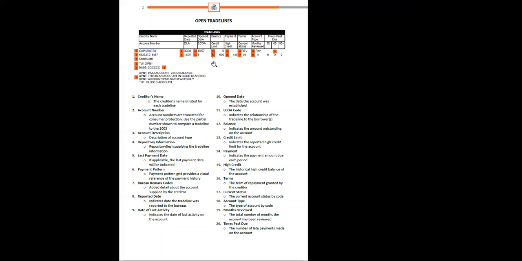So 11 is called ECOA code, which indicates the relationship of the trade line to the borrower. Normally that's whether it's an authorized user, and it'll say A. In this case, it says B. That means it's the actual borrower. Sometimes it'll say C, which will be co-borrower, or J, which is a joint